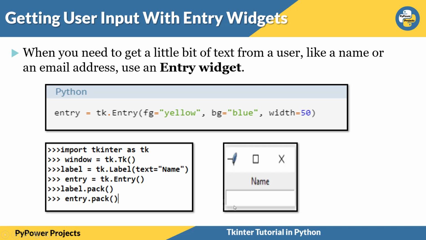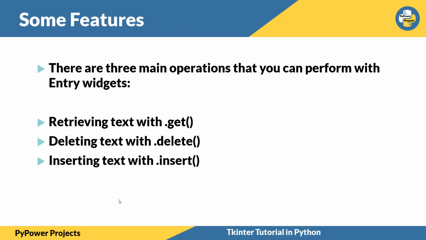This white box is created, but where to place it, how it will be packed in the whole window, that is done by the dot pack function. It will pack according to the window size. For example, if the width is 60, then the window size will automatically grow up to 60, and your name entry will grow to this much. So it will manage itself with the help of the dot pack function. This is very important. Okay, now some other features.